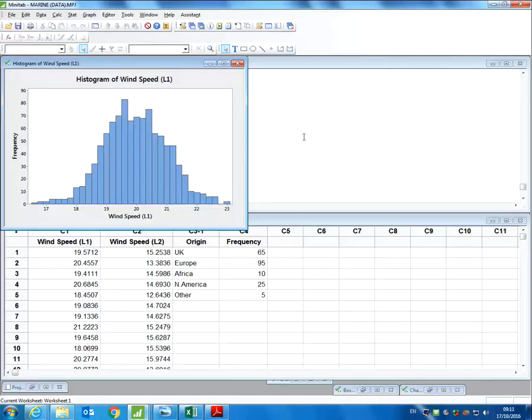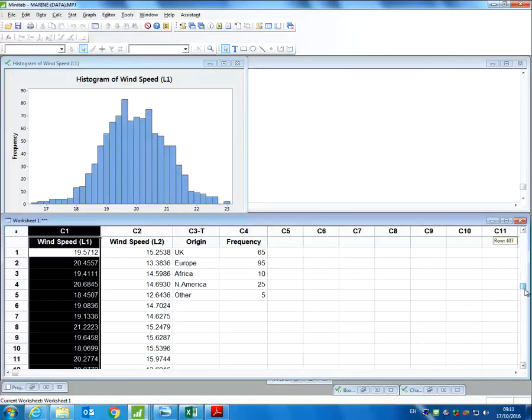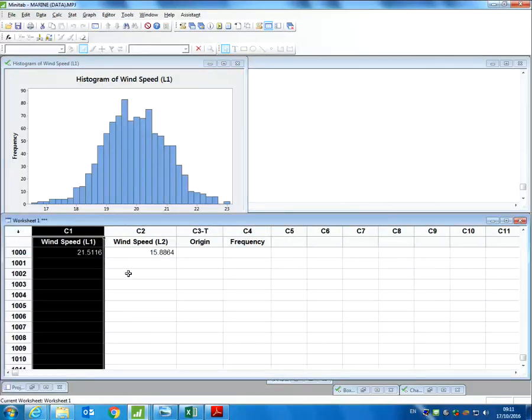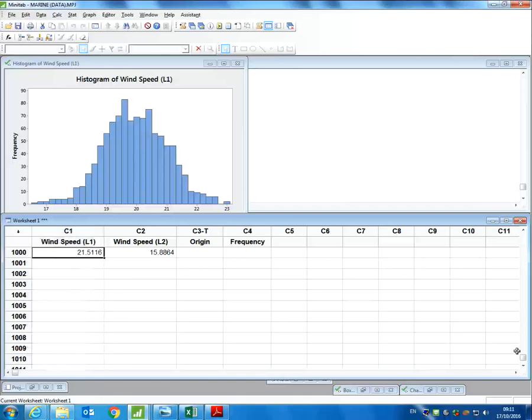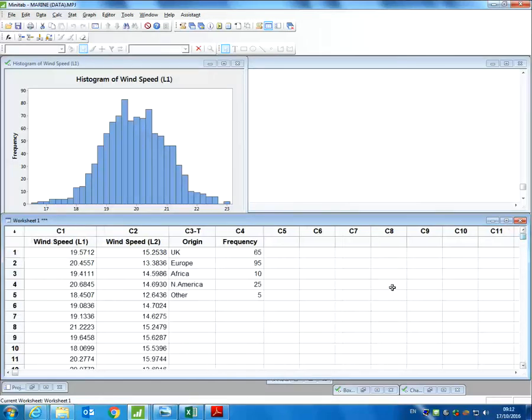Okay, so in column 1, in terms of the sample size, the number of observations, it's 1,000. Okay, so at location 1, we have 1,000 wind speeds. And what do we know about those 1,000 wind speeds? If the data type is continuous, those 1,000 wind speeds will all be